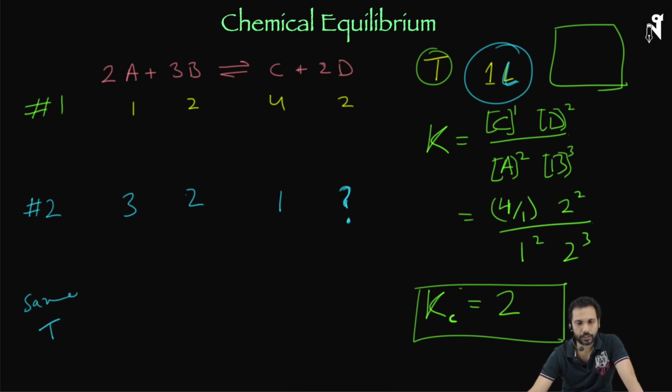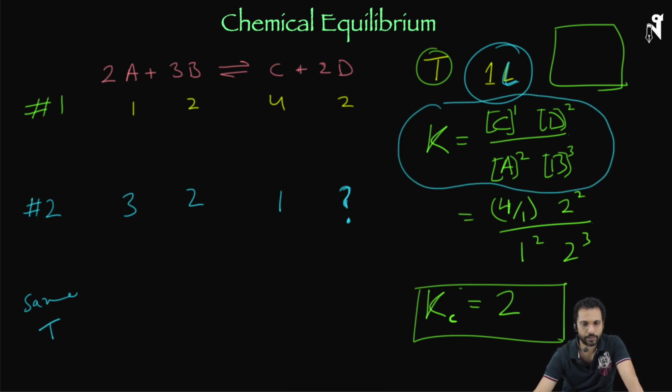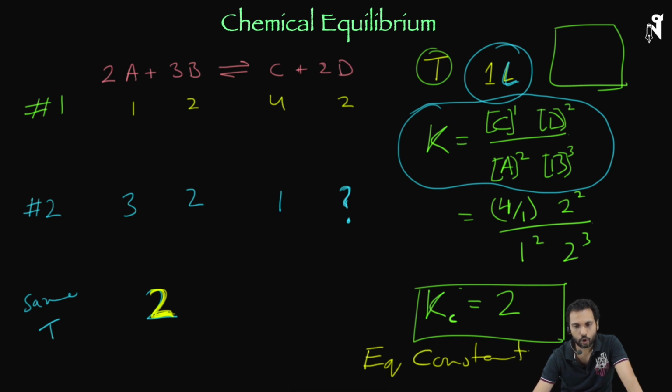So I hope you have got the answer. Again, we are going to follow the same formula. The formula is same. This time the K value is known. Why is the K value known? Would you say that K was from the previous reaction? How can I use the same K? Mind you, this K is called equilibrium constant. No matter how many times you do the reaction, no matter what are the ratios, what are the number of moles, what is the concentration, the K is going to come same provided it is the same temperature. So K is a constant, and that is what I wanted to emphasize.